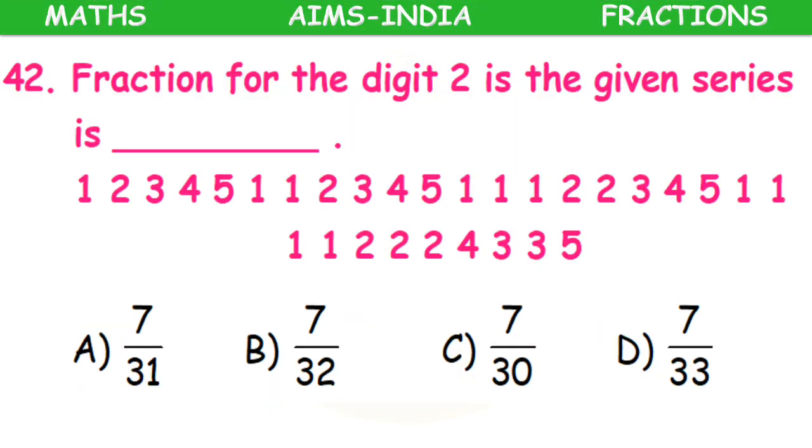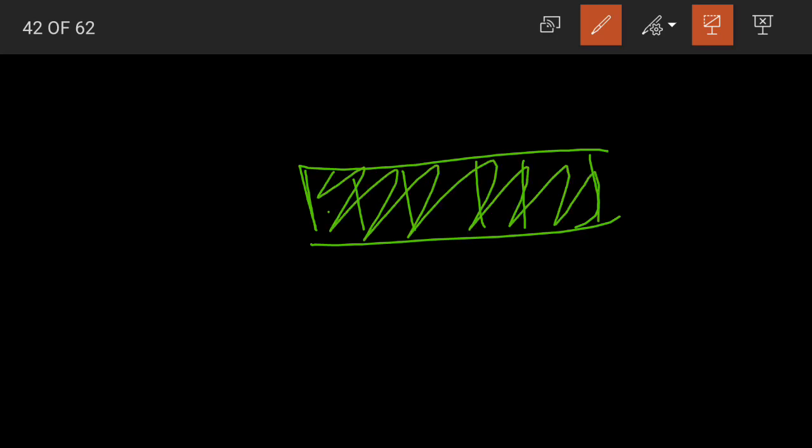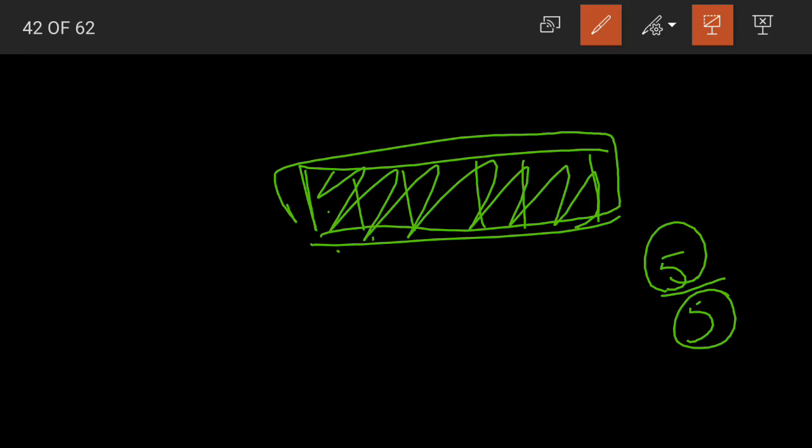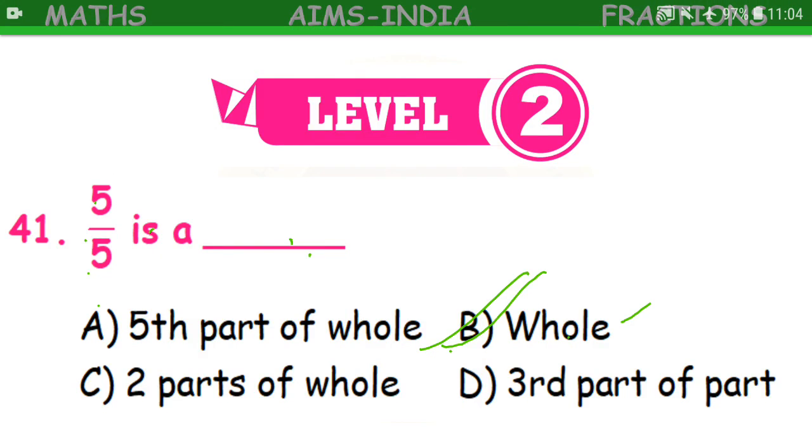Next question 42. Or simply, see, when I am having 5 pieces, or say I am having this bar of candy. Okay, I have divided it into 5 pieces and I am having all the 5. Yes, 5 by 5 means what? 5 shaded parts divided by the total parts, that is nothing but 5. Now what part of the figure is shaded? The whole figure is shaded. So that is why 5 by 5 is nothing but our whole.